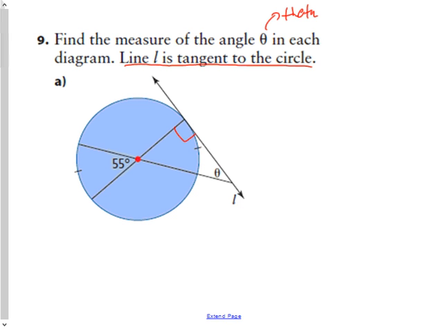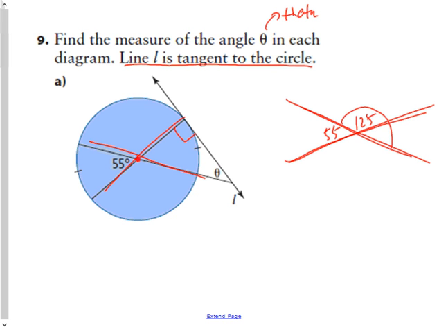Okay? So here we have two lines intersecting. And right here, this line and this line are intersecting, with this being 55. Now, since this is a straight line, we know that this over here would be 125, because 55 and 125 make 180. And since this is a straight line, then this angle plus this angle has to equal 180, and therefore it has to be 55. And this is a straight line, so this angle plus this angle has to equal 180. So what we learned here is that when two lines meet,